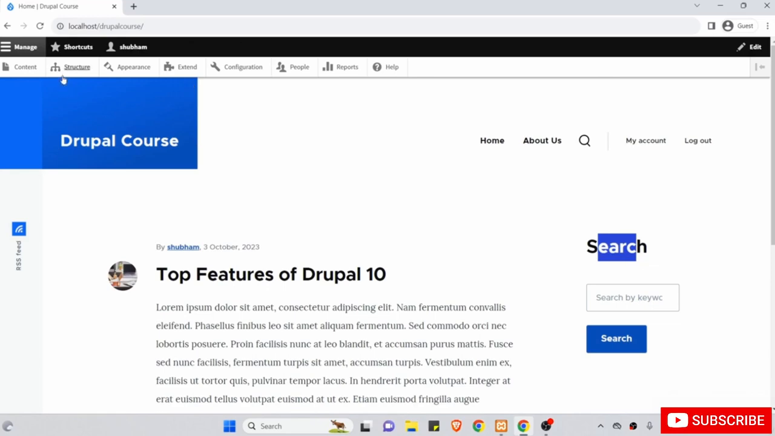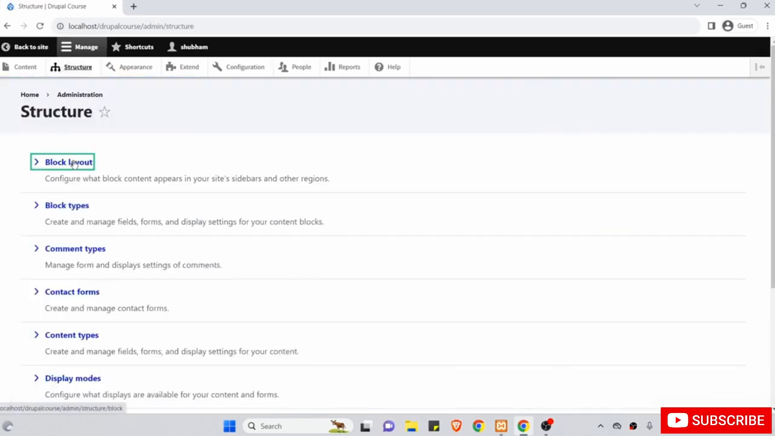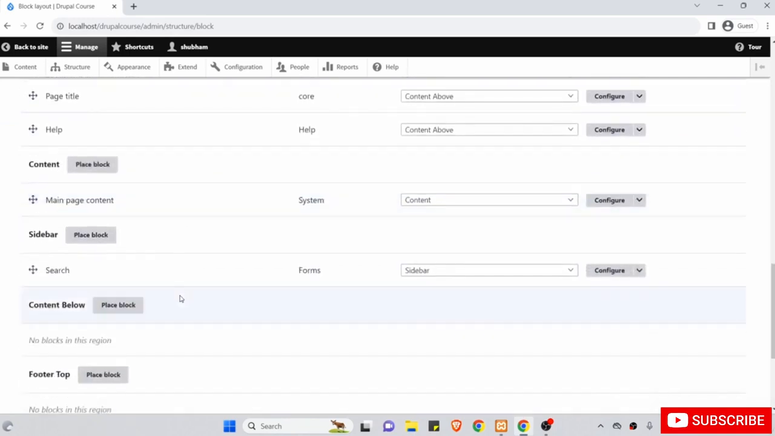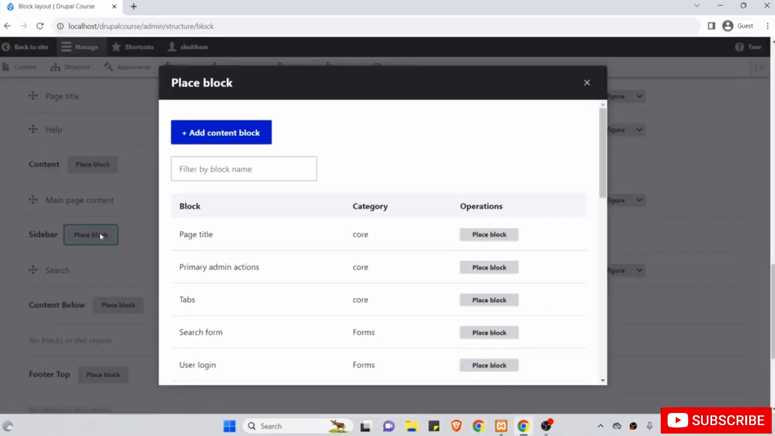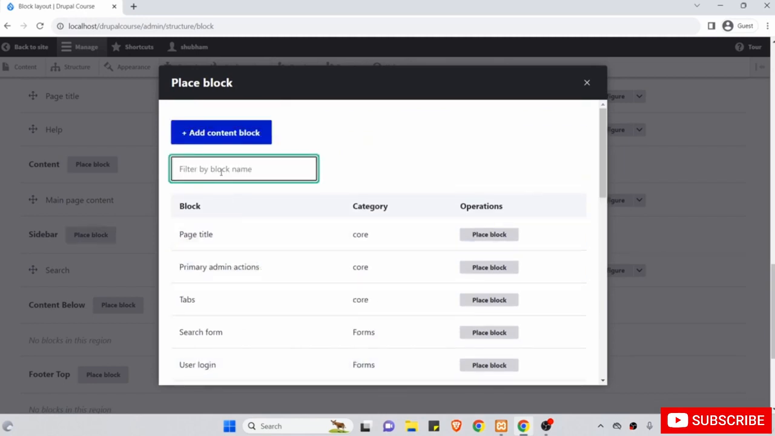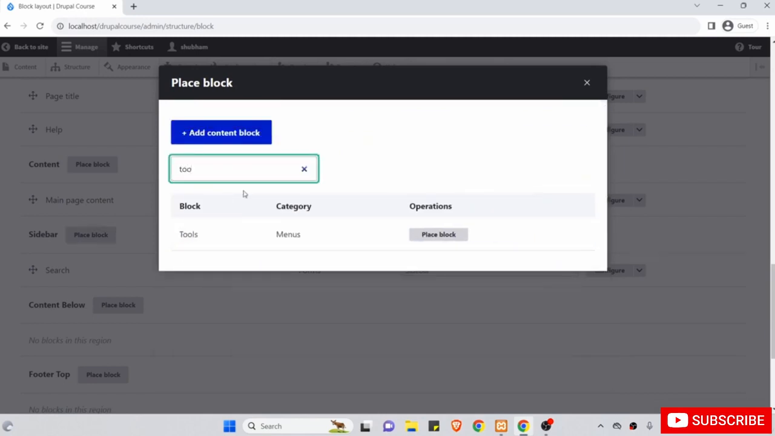Now I want to add one more. So let me go back to structure, then block layout, and then I will scroll down to my sidebar area. So there is the sidebar, and then I will click on place block once again. Now here I want to add the tools block. So let me scroll down, or you can also use this search. So let me use the search, and I will add this tools bar, and then I will click on place block,